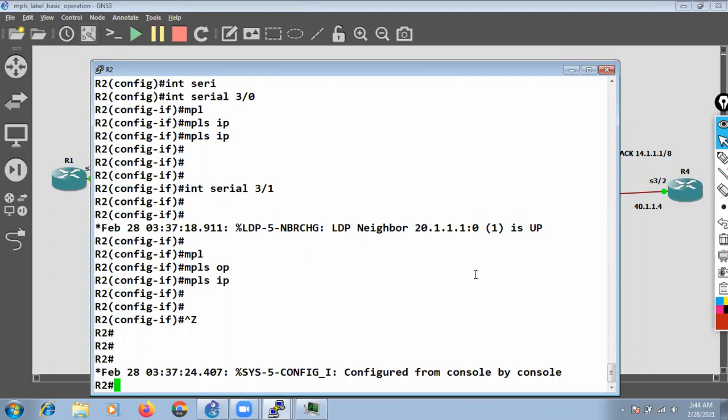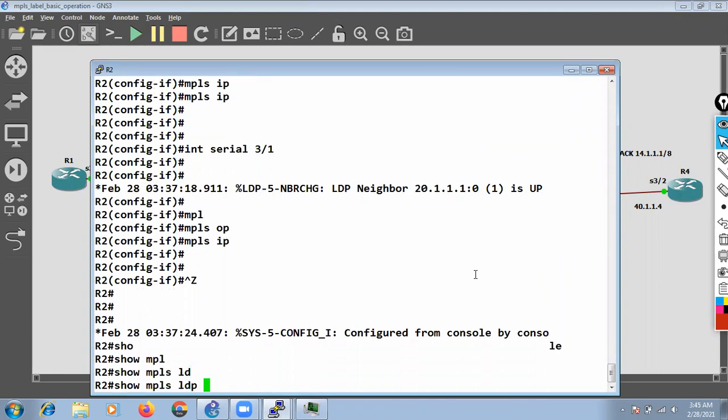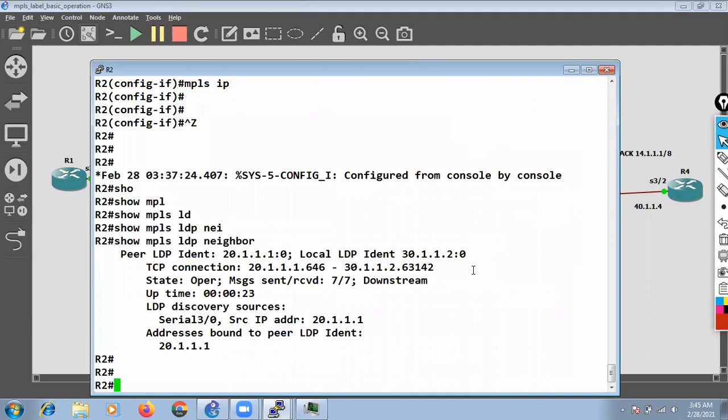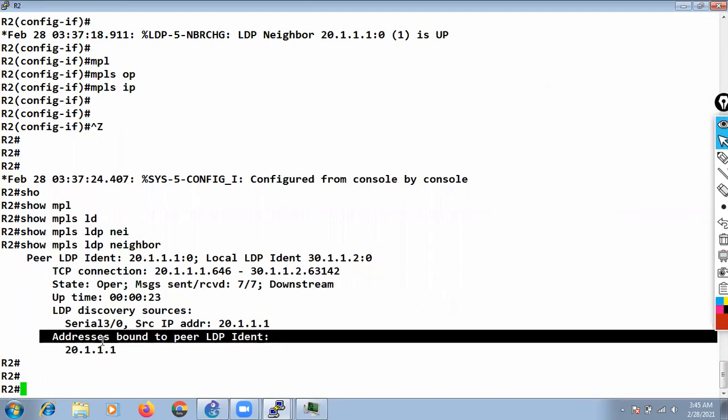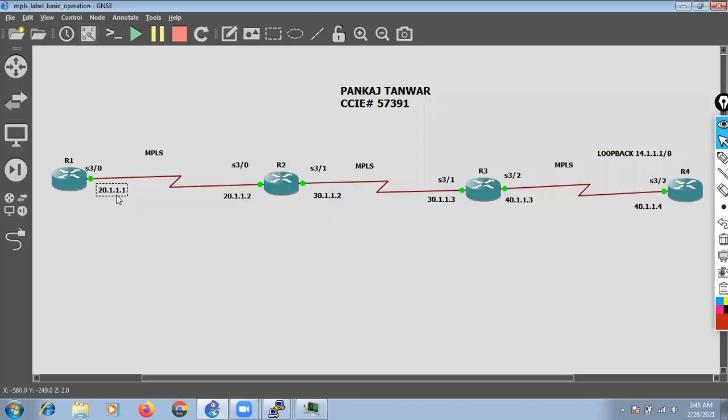With the command show mpls ldp neighbor, you can also check the LDP neighborship. You can see the neighbor 20.1.1 is up, and the peer LDP identifier is 20.1.1.1.